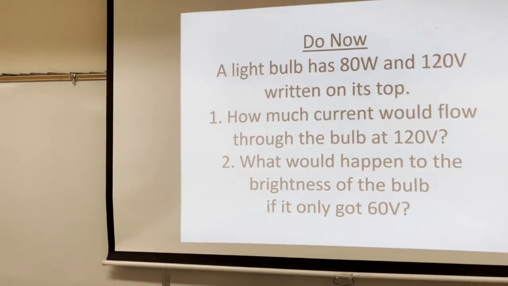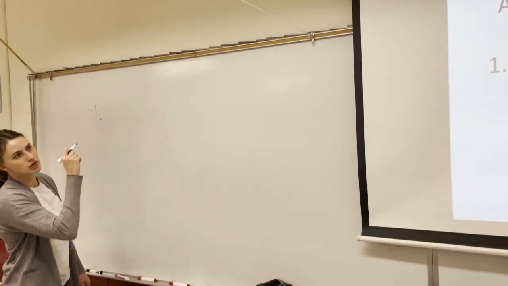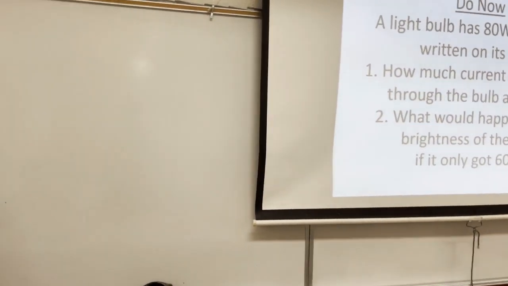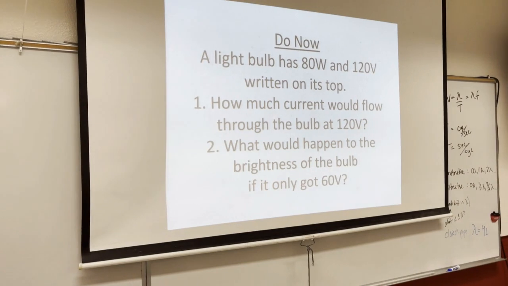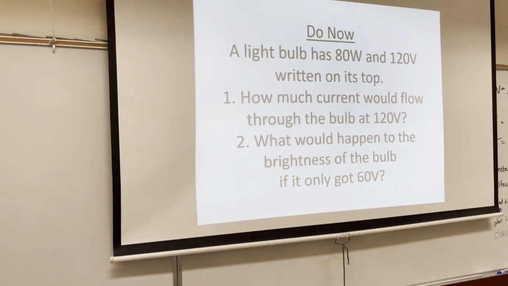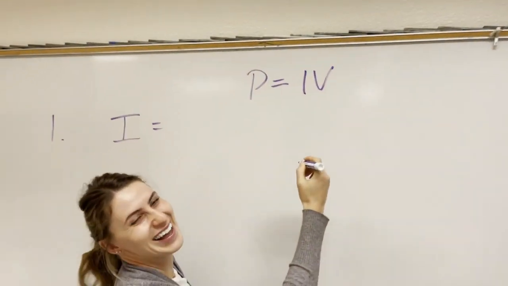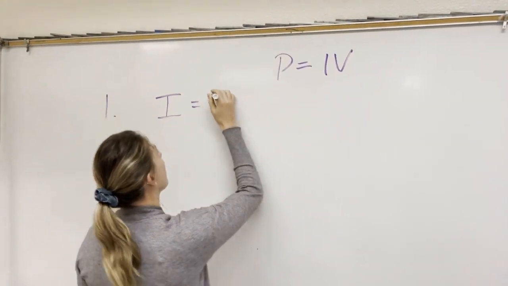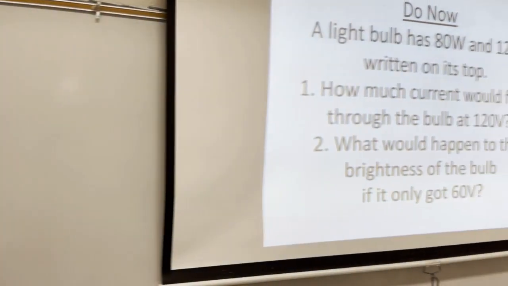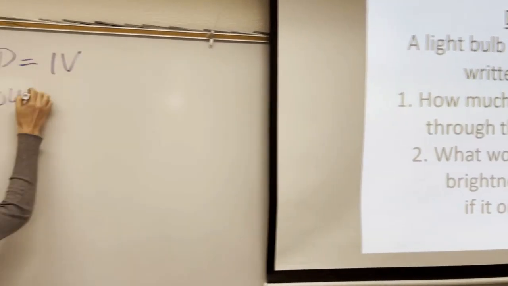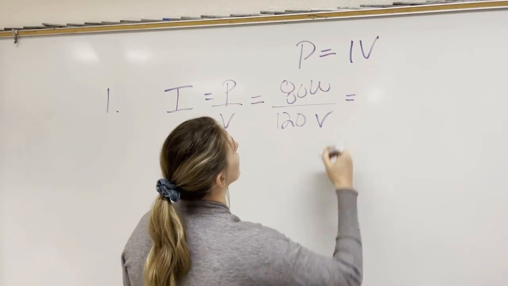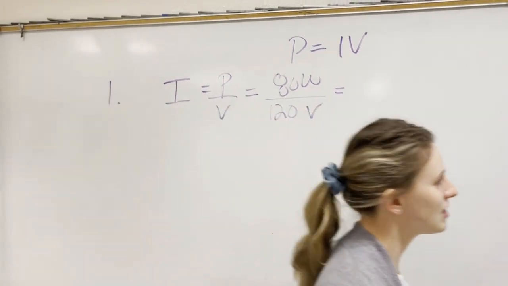All right, so you should have something that looks like this. We want to know how much current, right? And we've got power in watts. What's that equation? P is IV, intravenous. IV, yeah, I like that. So we just divide by V, right? Power was 80 watts divided by 120 volts. 8 divided by 12 is